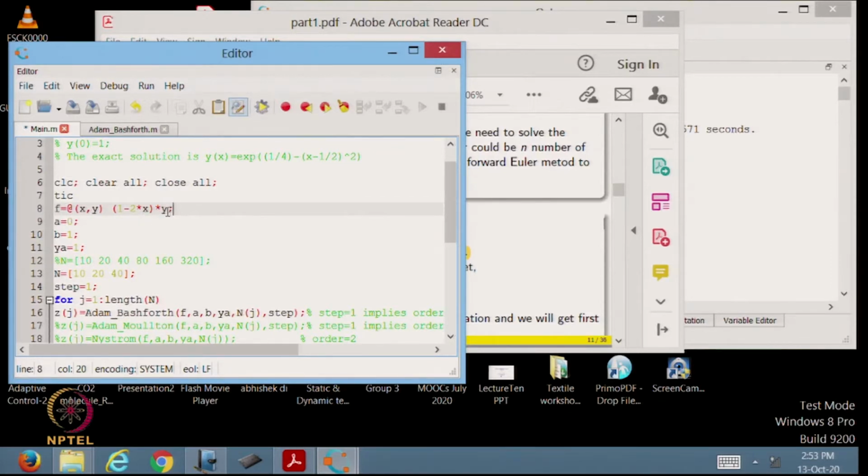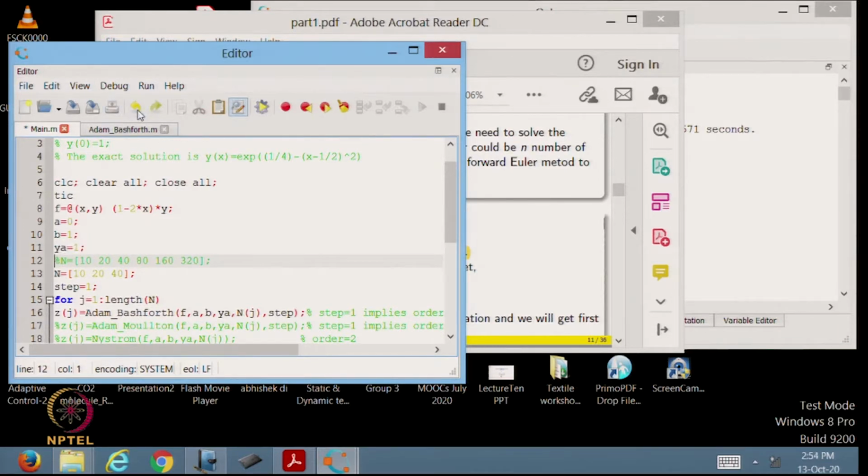This is the way I can define the function. And then the initial point a is 0, b is 1, ya, these are some variables a, b and ya which I am choosing in the following way.